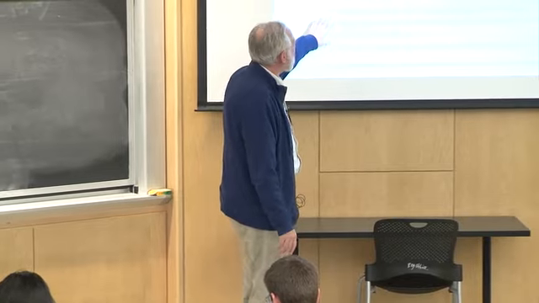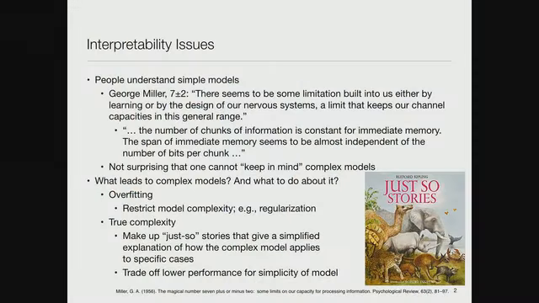So I use this as a kind of pejorative because what the people who follow this line of investigation do is they take some very complicated model, they make a local approximation to it that says this is not an approximation to the entire model, but it's an approximation to the model in the vicinity of a particular case. And then they explain that simplified model. And I'll show you some examples of that through the lecture today.